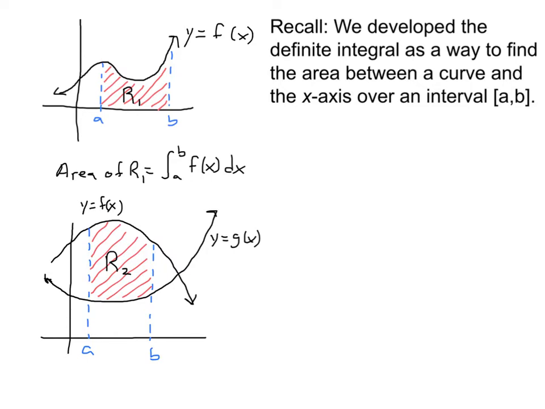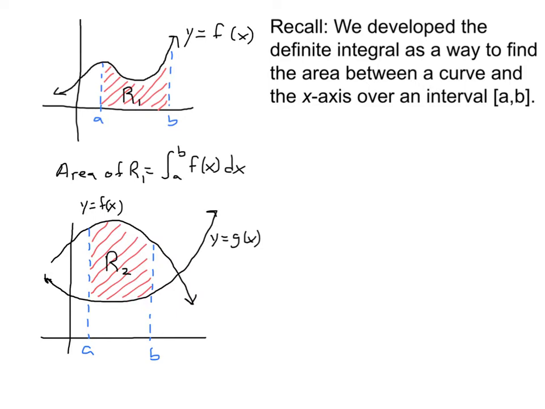When we dealt with this before, we started out doing Riemann sums, found areas using rectangles, and we made the rectangles get closer until we got the whole idea of the fundamental theorem of calculus. And what we found was that the area of region 1 would just be the definite integral from a to b of f of x dx. Now we're going to take that definition of the definite integral being the area between the curve and the x-axis, and use that to help us find the area of a region, like region 2 here, which lies